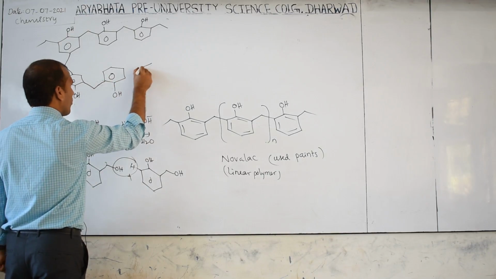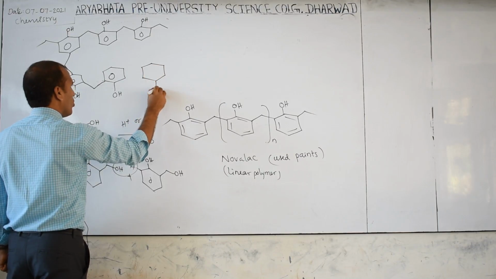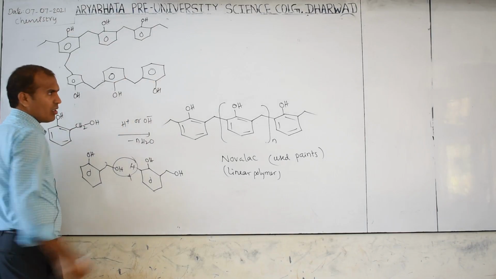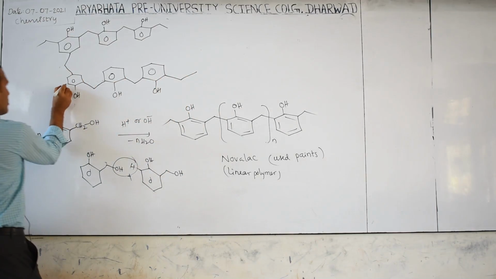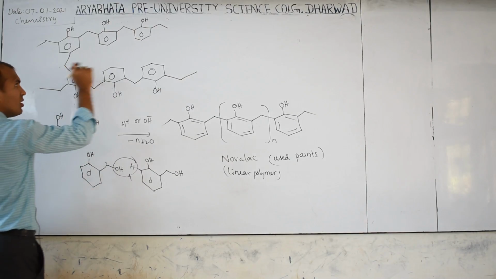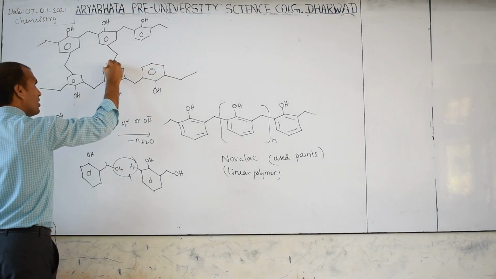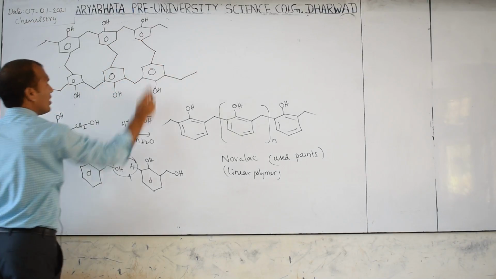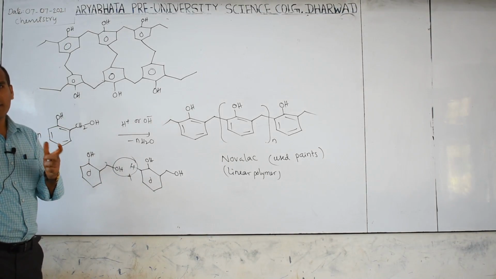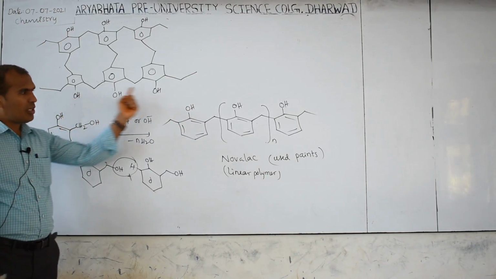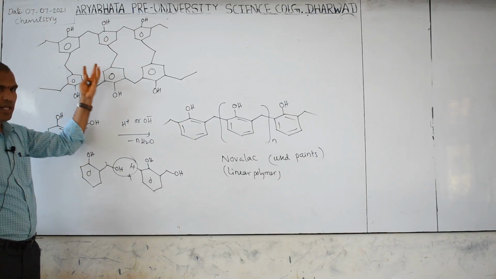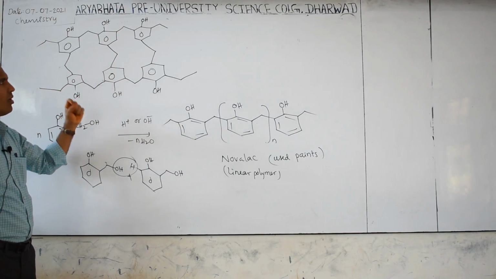Similarly, OH, here also the same way. Here also next, here also next. Now here we know CH2 is left. Same way CH2, same way CH2. Now it looks like a volleyball net. Then it is called a cross-linked polymer. This is one linear polymer, this is another linear polymer, and in between there is a bond. Therefore this looks like a network or cross-linked polymer.